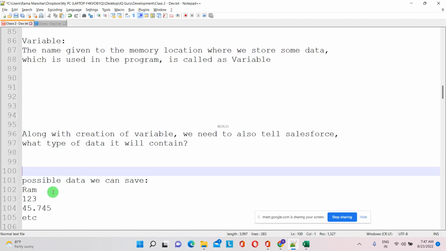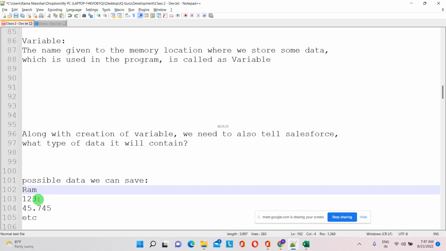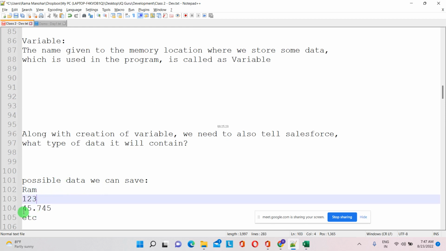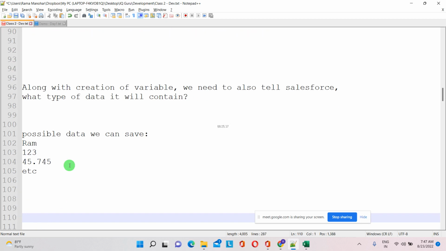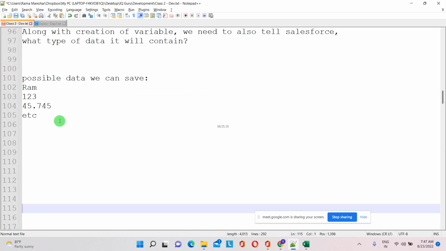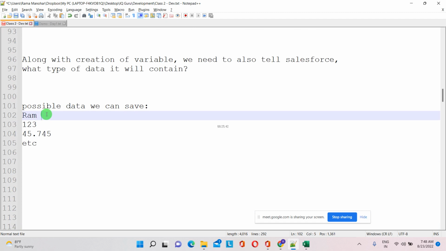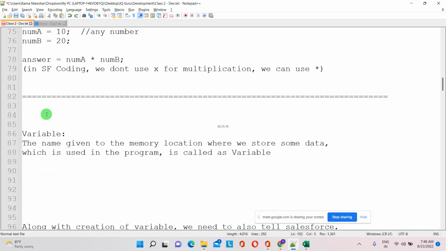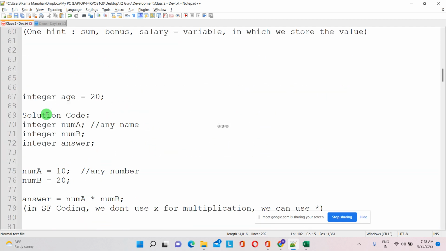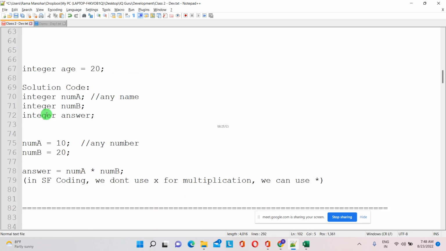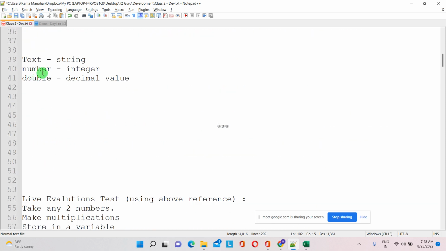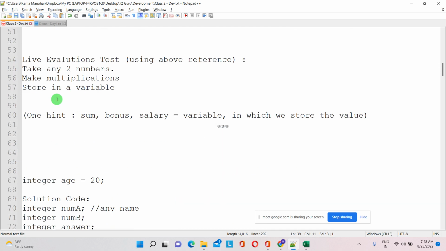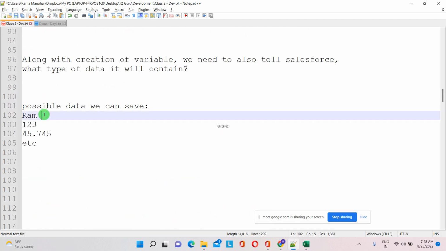in case if you want to store data like this, username is Ram and employee ID is 123 and salary will be 45 point something, etc. So, in this, can you please elaborate, in case if you want to store this data into Salesforce, which kind of data type it will be? Ram is the text. Okay. For text, what is the terminology we are using in Salesforce? String. Okay. So it's a string,